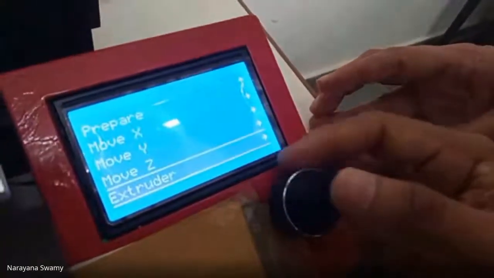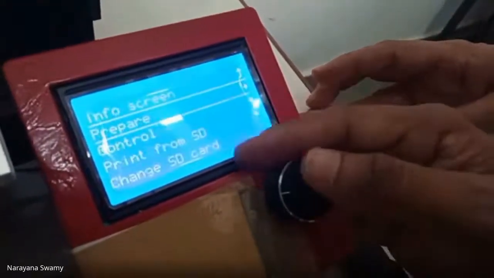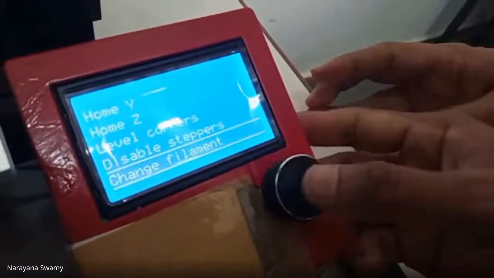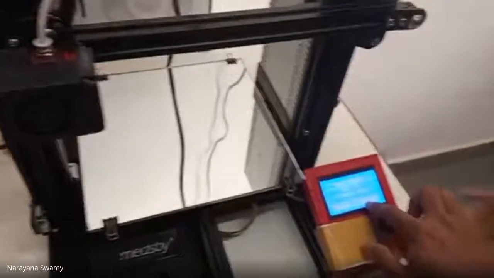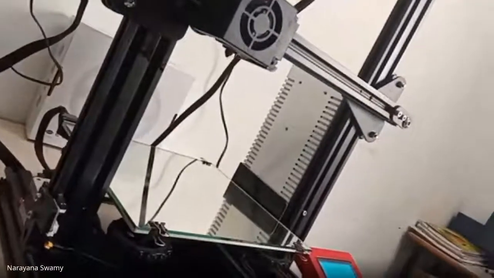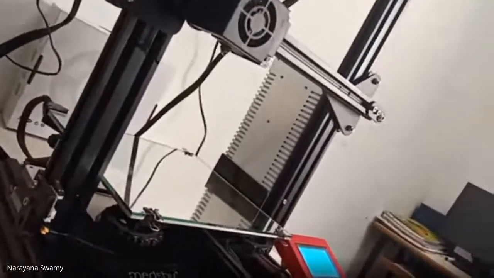Next we will select main, then prepare, then go for change filament, then wait for the filament changing to happen, and the nozzle temperature is now around 200. It takes certain time for the initial setup.